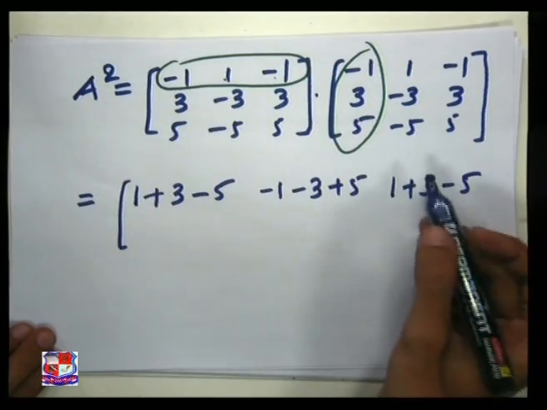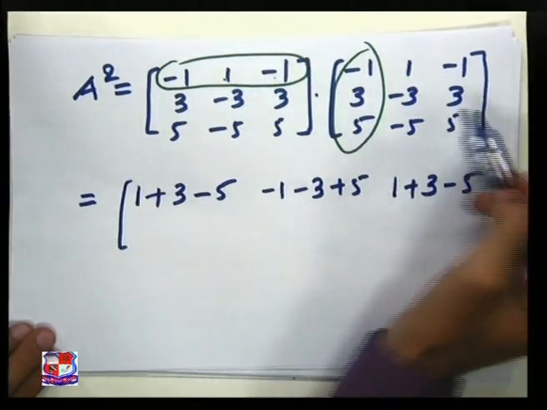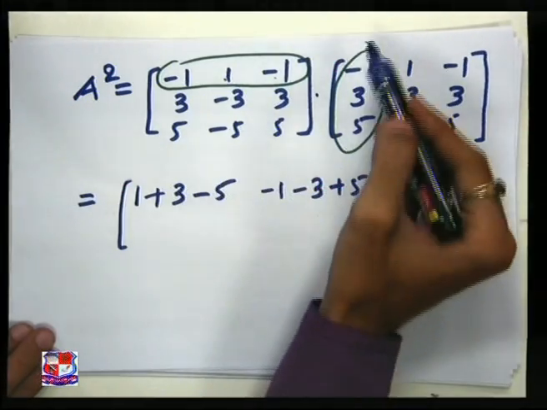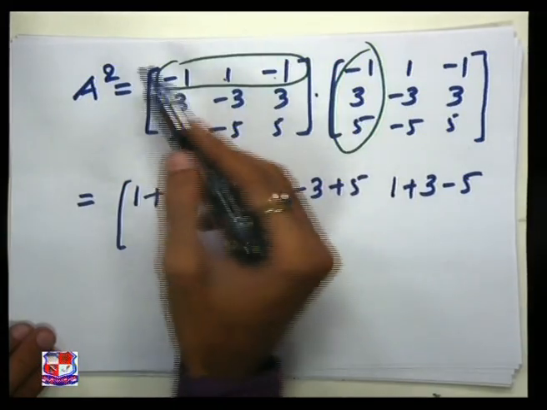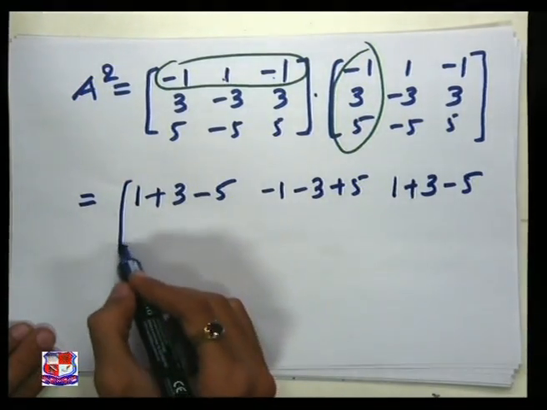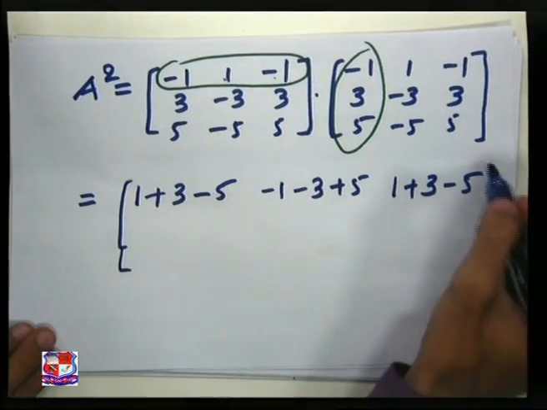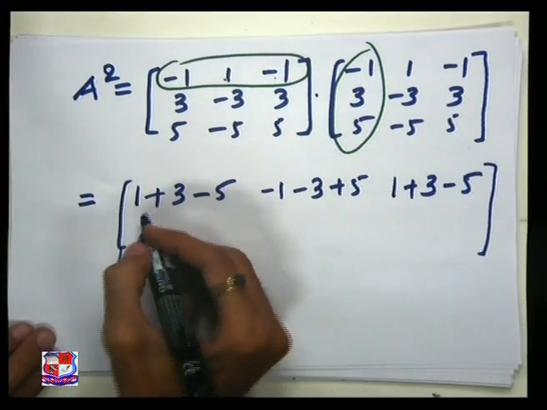Okay, in the same way, if I multiply the second row with these three columns and the third row with these three columns, in the same way as I multiplied the first row with three columns, right? So in the same way, I quickly write what will be the answer for the second row. Here I will get -3